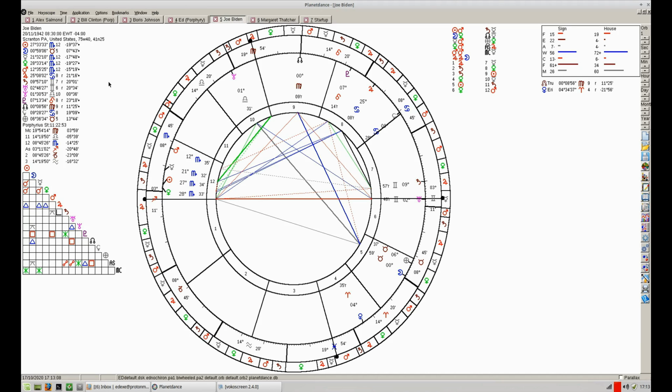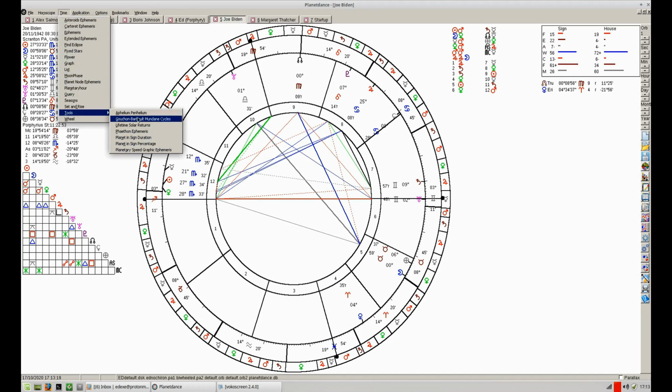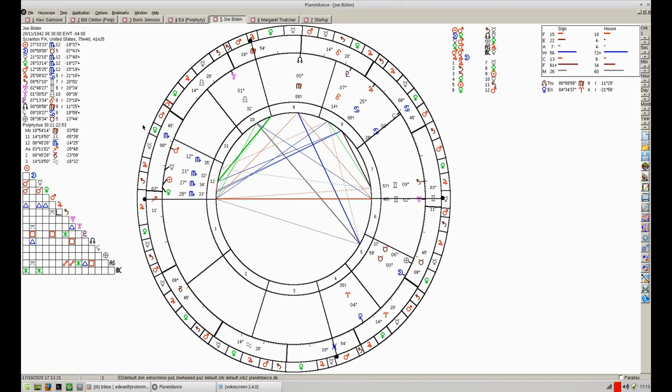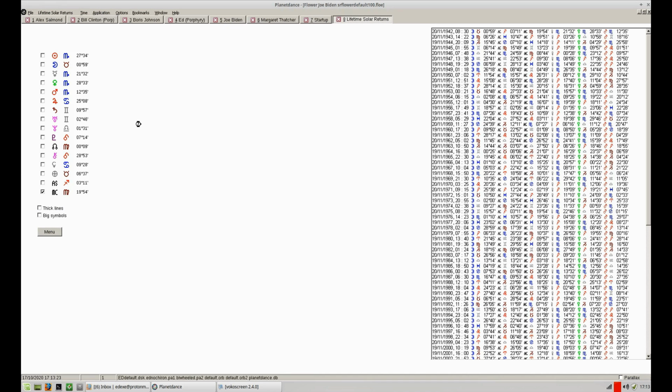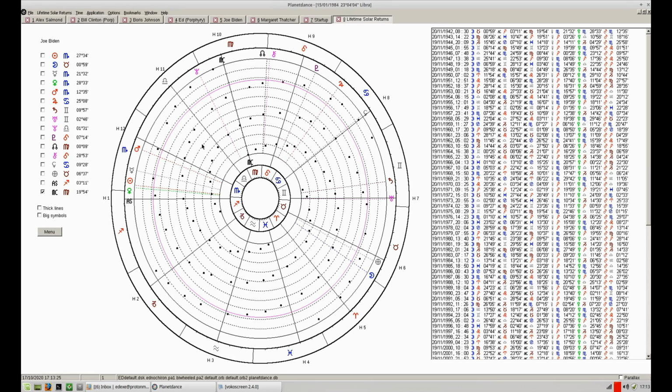We'll use Joe Biden's horoscope as the example horoscope, and you'll find the module under Time, Tools, Lifetime Solar Returns. This brings up the main window for this module, and it's embedded in the main Planet Dance window.